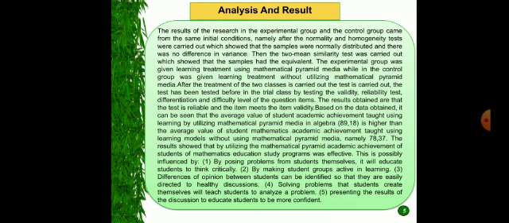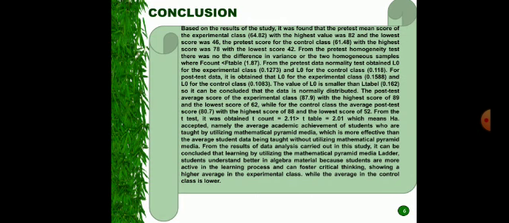The pretest score for the control class was 61.48, with the highest score being 78 and the lowest score 42. From the pretest homogeneity test, there was no difference in the variance, or the two samples are homogeneous, where F count is less than F table